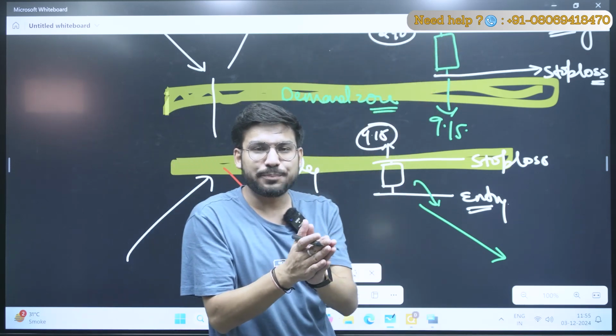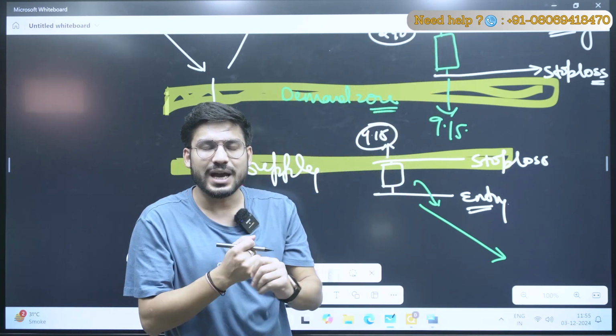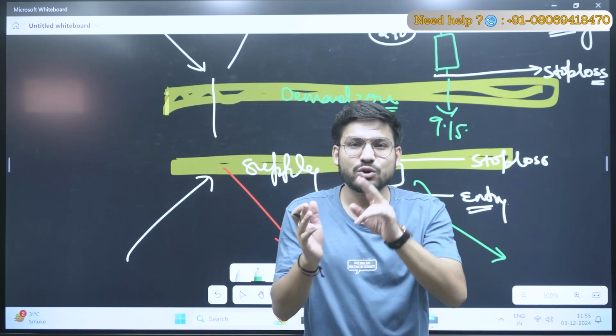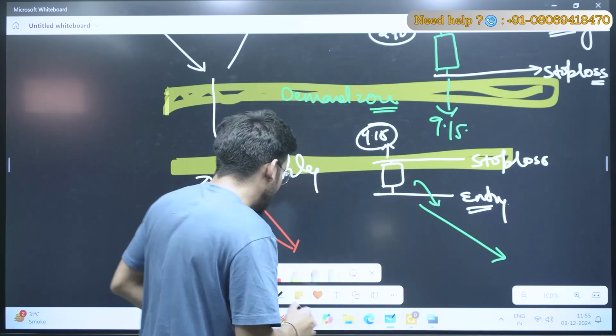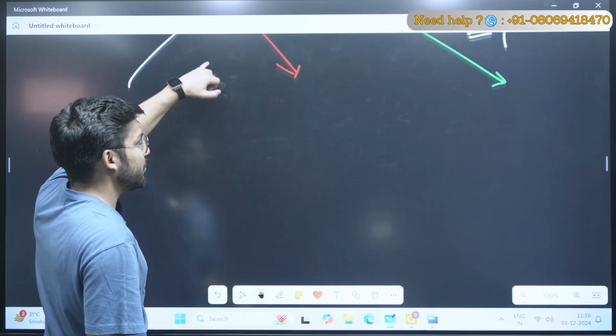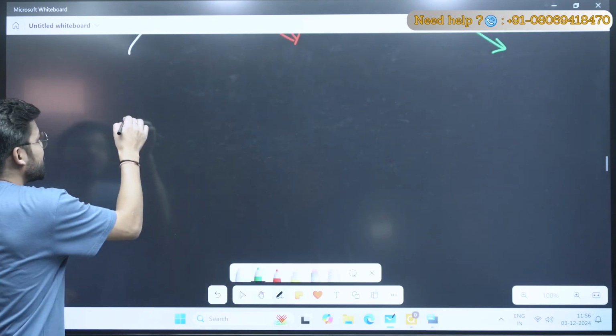So I hope the concept is clear. Let's directly go on the application, but before that there are two conditions, two exceptions that you have to follow. Okay, now what are those two exceptions? Let me make it clear to you. The first exception will be